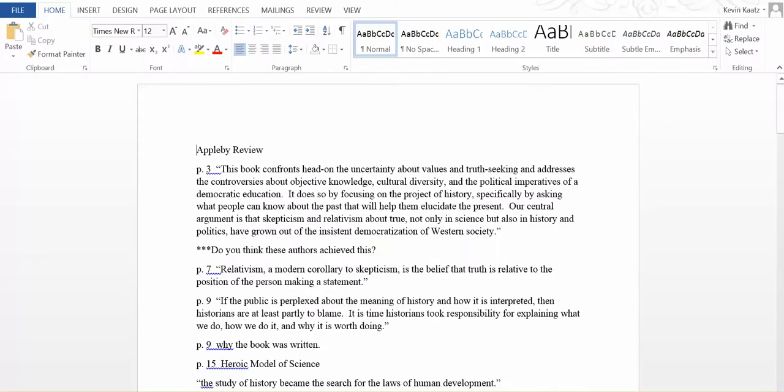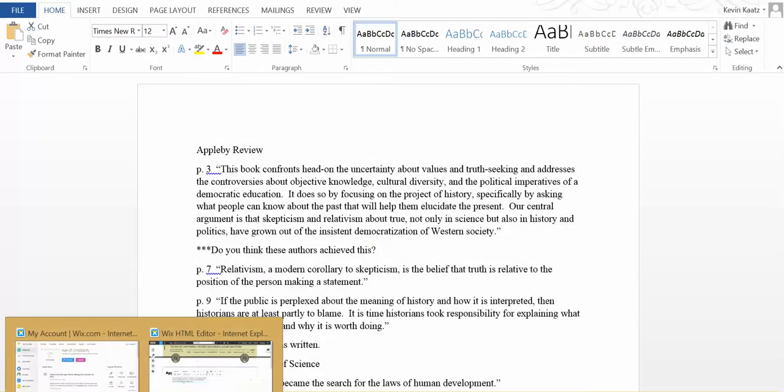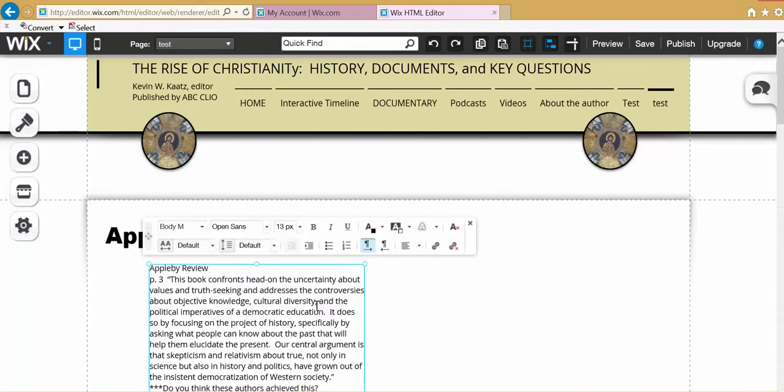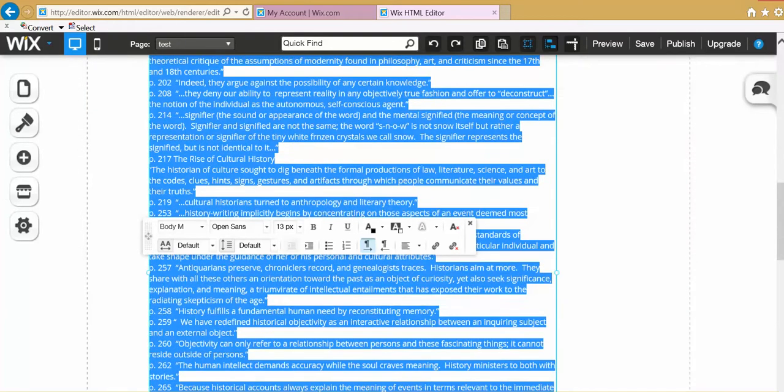Now I already have a document open here. Then we just copy the whole thing, and then I'm going to paste it in here with Control V. So these are my notes for the Appleby book. Same thing, so highlight the entire thing,